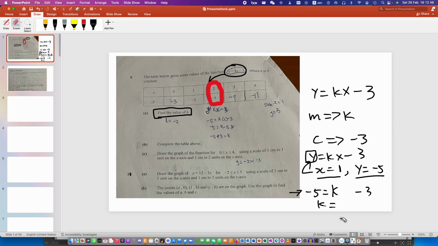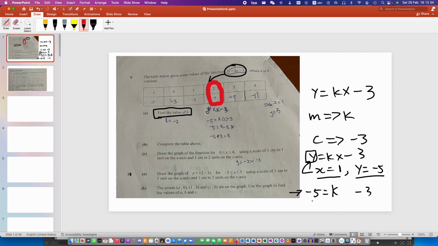Show the arrow. Which one is easier? This one to that one or this one to this one? Do it quick. You don't do nonsense things, okay? Do it quick. Equals to. Yeah, good. So k equals to minus 2. So in fact, how do you do this is